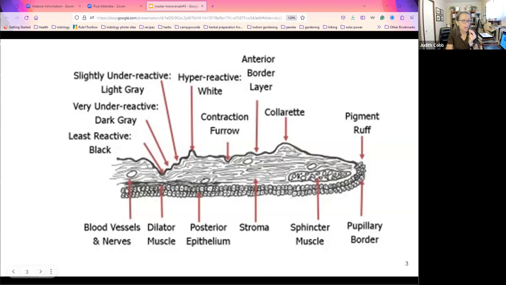Now, in all honesty, just showing my human side, I'd been looking at diagrams like this for about 30 years before I figured out what they were all about. I'm a certified iridologist, and it just wasn't working for me.